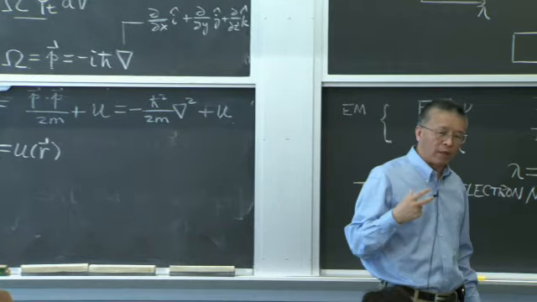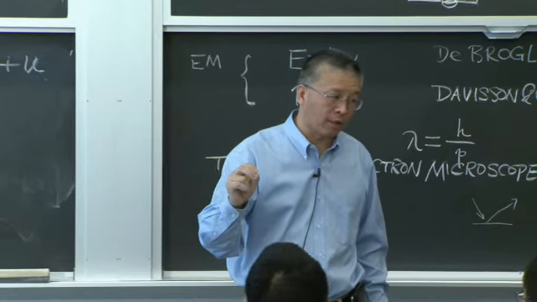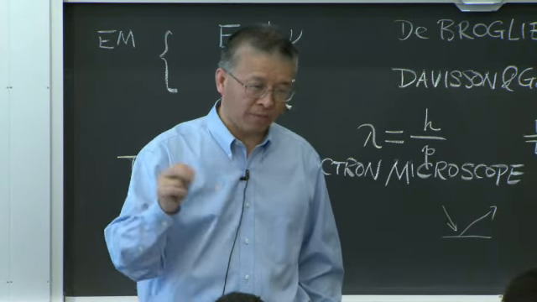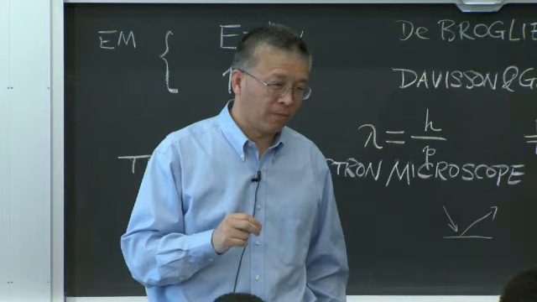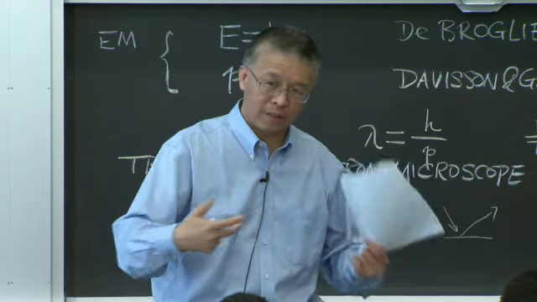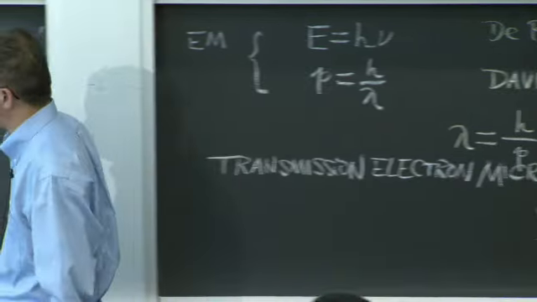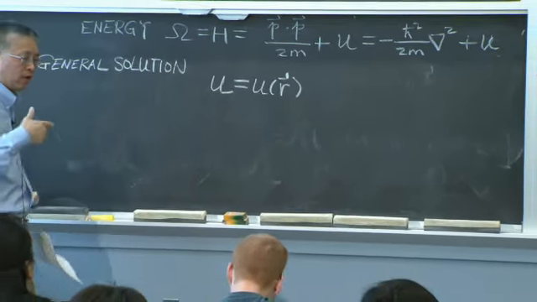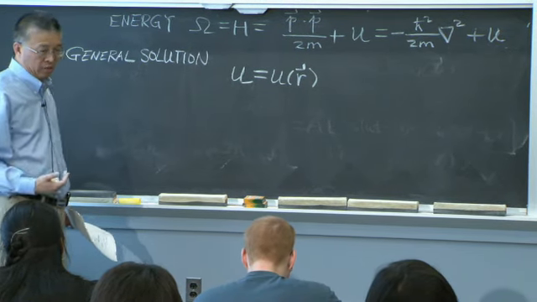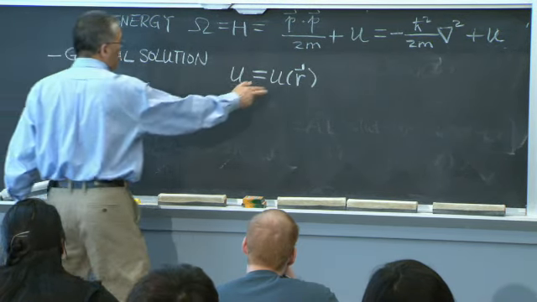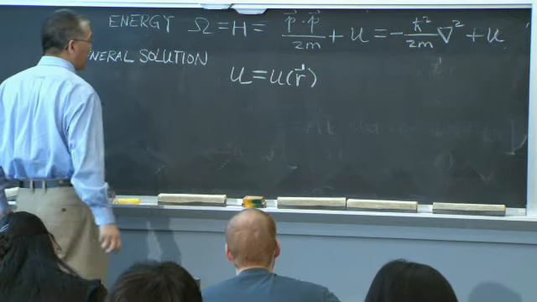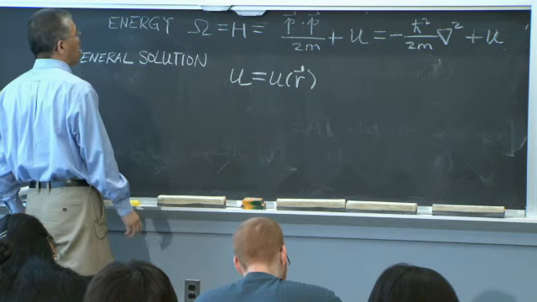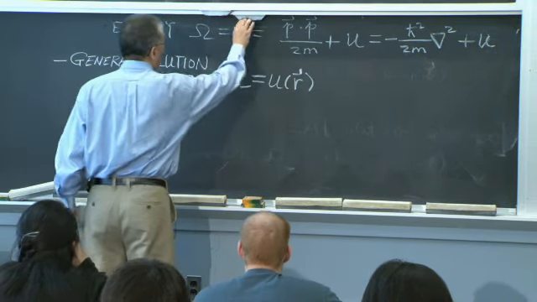For example, when I want to solve a problem where light interacts with an electron, in that case I have a time-dependent potential, because the interaction will be time-dependent. But for the moment, I want to find, for a given potential, what's the energy of the system. So I say a space-dependent but time-independent potential. And in that case, if you look at your Schrodinger equation,